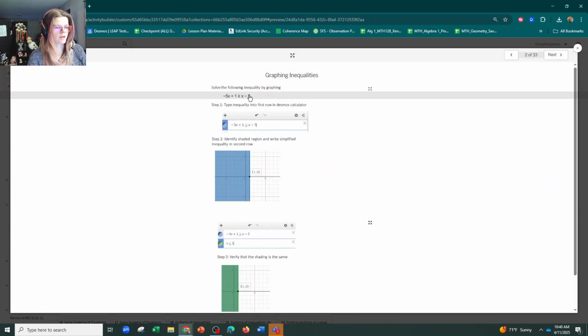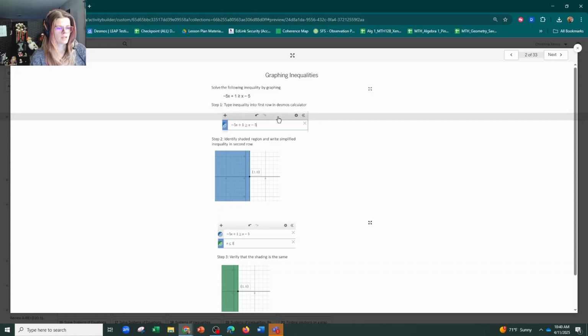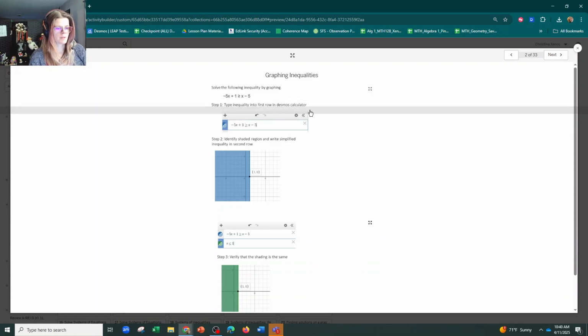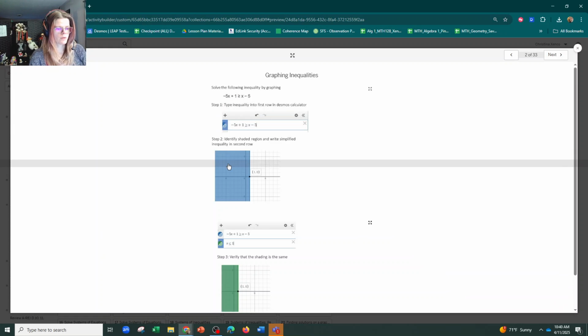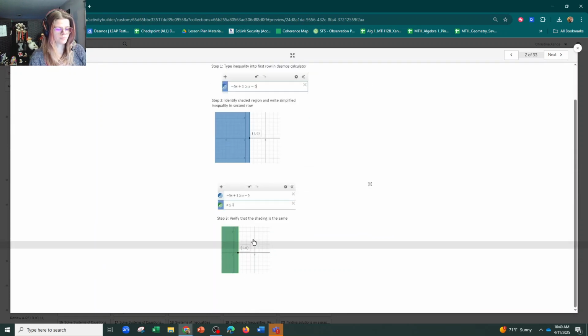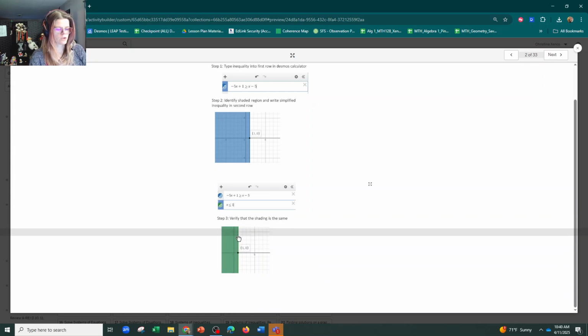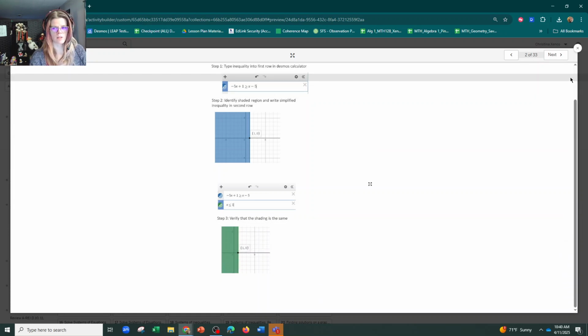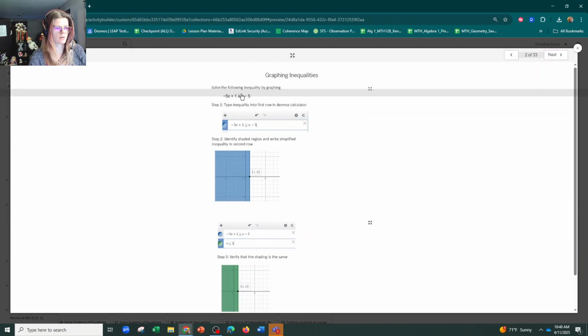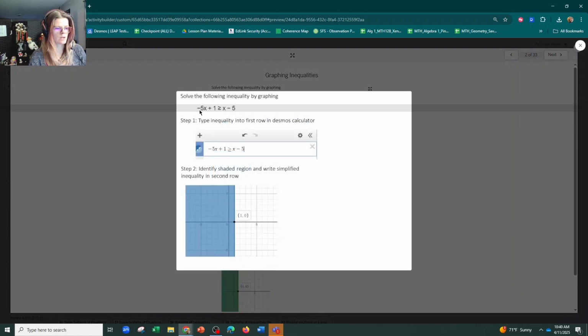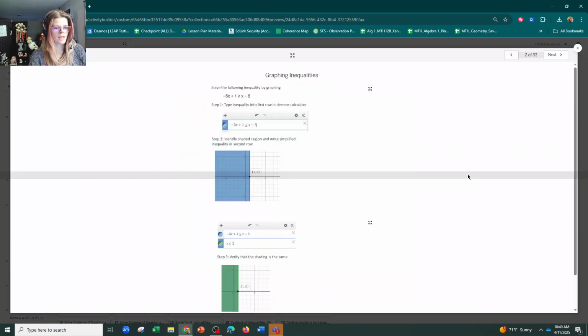Now this is a one variable inequality, and you can see the steps here. Type the inequality into the first row, identify the shaded region, and then the solution is going to be that x value, and it's also going to show them if it should be solid or open and which way the shading should go. So we're going to start by taking that inequality right there,